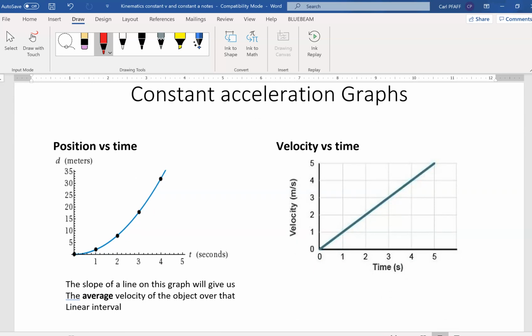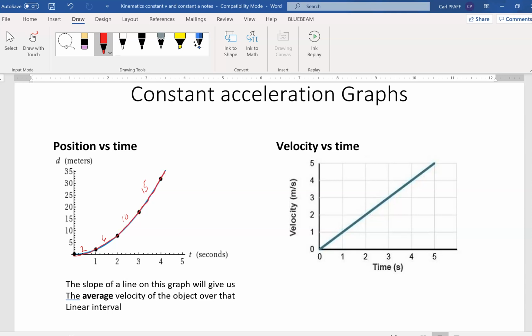So if we have constant acceleration, right here, for example, we have a car, something that starts out at 0, and then in the first second it moves like 2 meters. Then in the second second, now it's up at 8 meters. So it moves 2 here and 6 there, and then it goes to 18, it moves 10 there, and then it goes from 18 to 33, which is like 15 meters there. So it's moving a different amount of distance each second, which gives us this curved